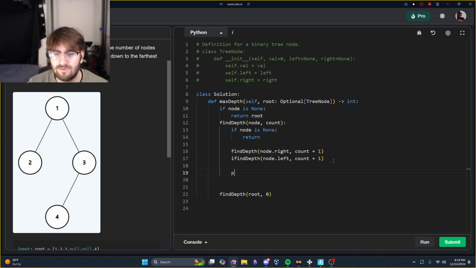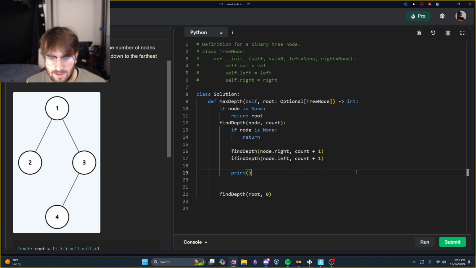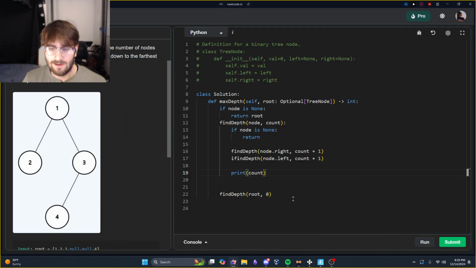Actually, what if I print? I'm back. Sorry, thought that came in. I wanted to see if I could print the node dot. Nope, nope. I wanted to see if I could print count. Sorry, came in again. I think I actually have to pass through 0, 0, and then this will have